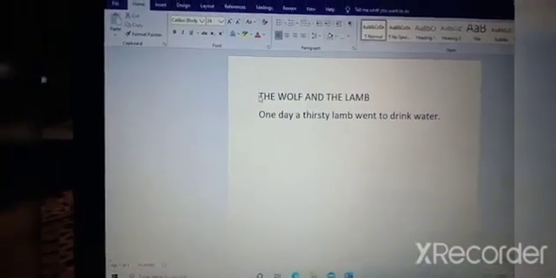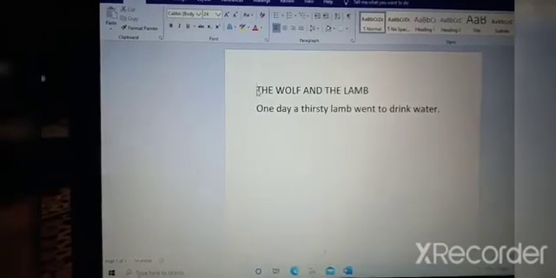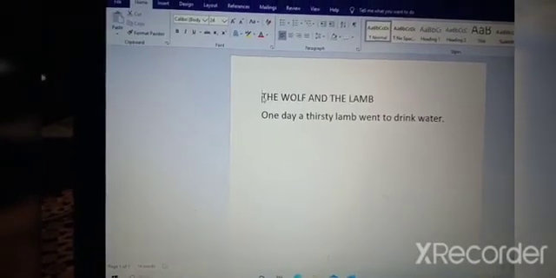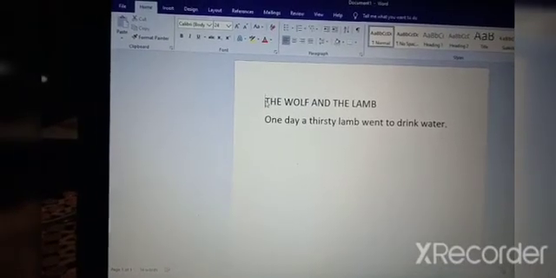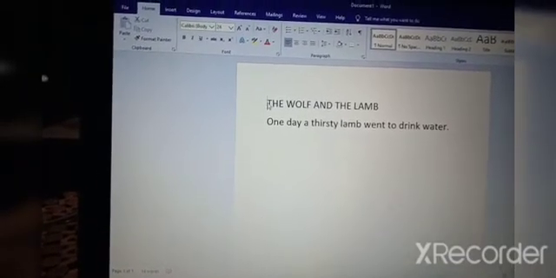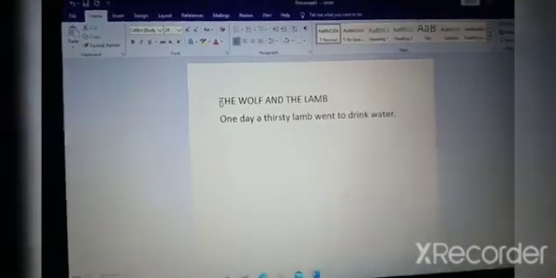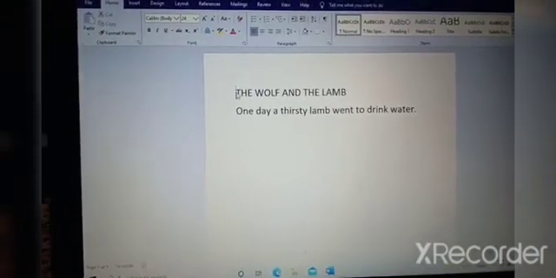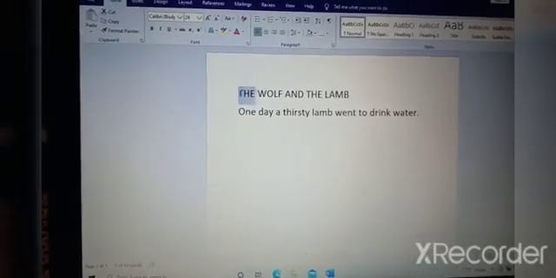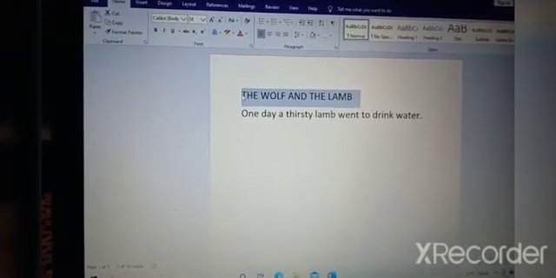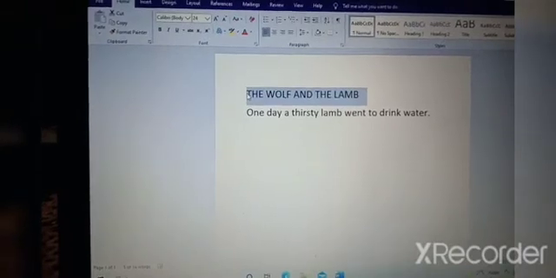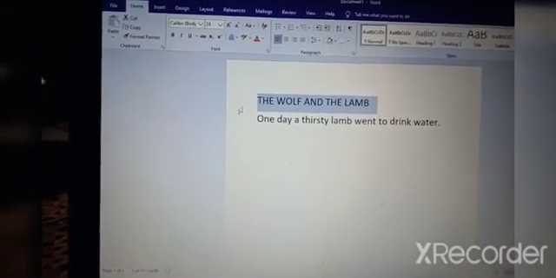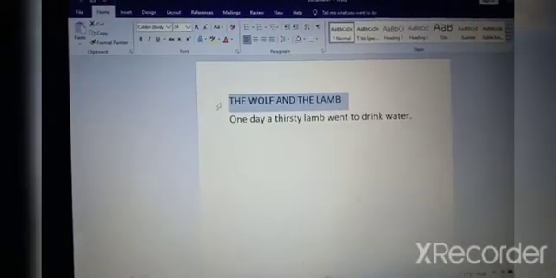Formatting text. Okay, what is formatting text? Formatting means making any changes to the text and document so that it looks eye-catchy and vibrant. To make it attractive, you can give formatting to the text. Now for the heading we will give a formatting. For that you need to select the heading. You know how to select one line. Just single click outside, and you will get the line selected.